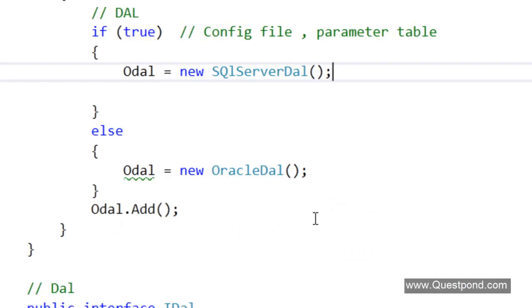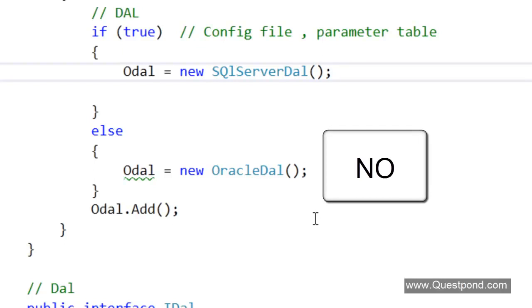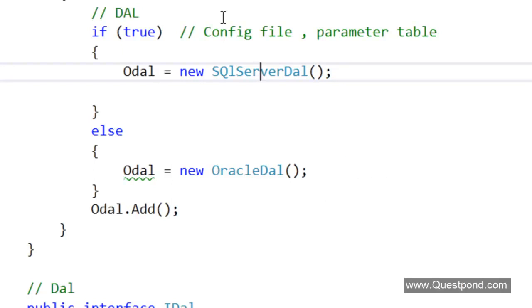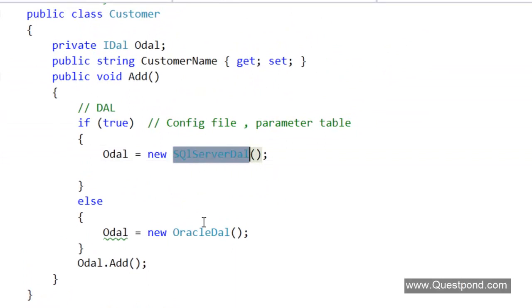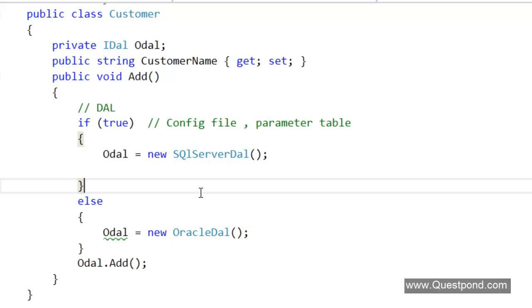But now the question is, is this a decoupled architecture? And the answer is absolutely no. Why? Because you can see we still have a lot of concrete classes referenced in the customer class. In this customer class, I'm referencing the SQL Server data access layer, I'm referencing the Oracle data access layer. In other words, tomorrow if somebody adds a new data access layer like MySQL, I have to again go and modify my middle layer, right?